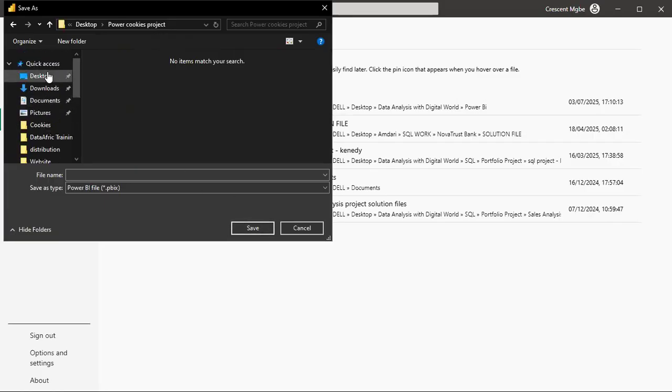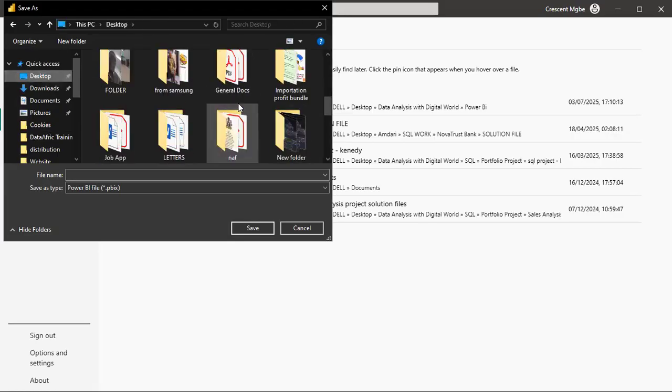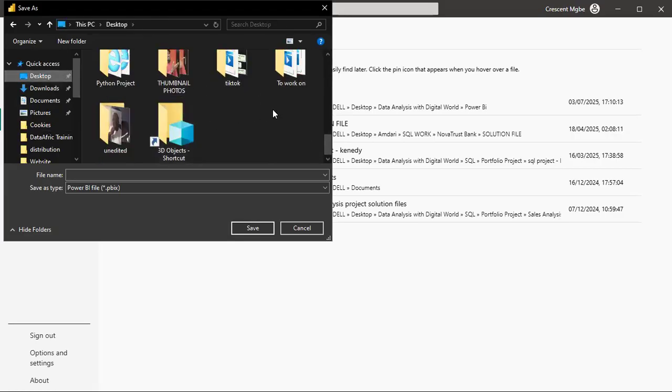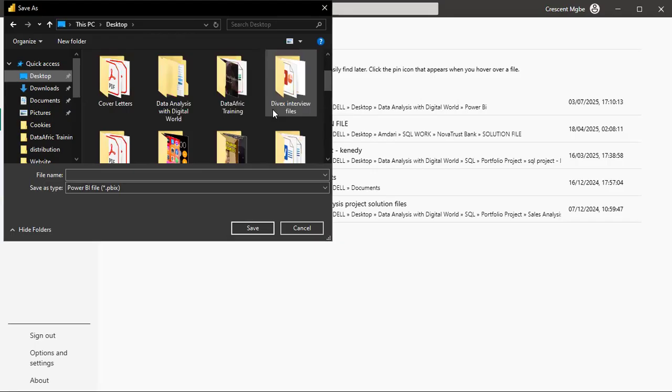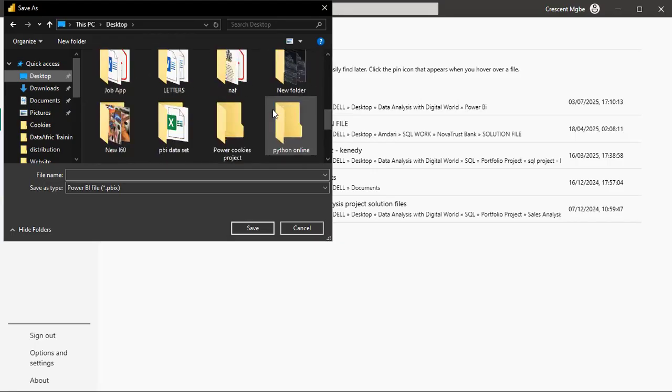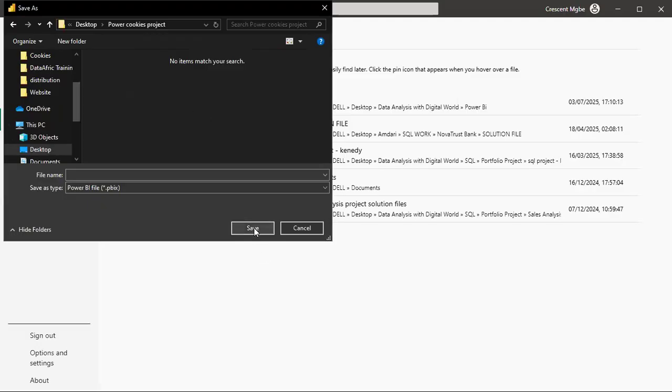Did it open the folder for me? Desktop. Where's Power BI? Power BI, okay. Power BI cookie project. Okay, here, file name. I also need to put the file. That folder I created is the name of the folder that I want to save it inside, Power BI cookies